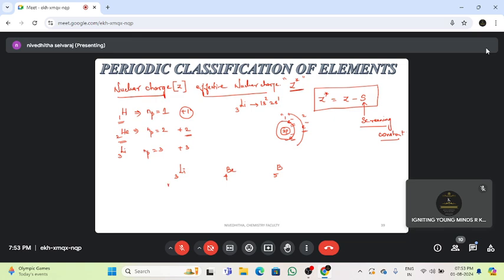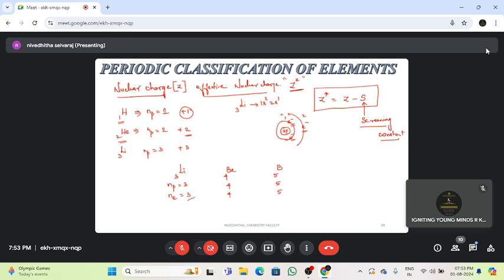What is the proton count of lithium? It is 3. What is the electron count of lithium? It is also 3. As far as beryllium is concerned, proton is 4 and electron is 4. As far as boron is concerned, proton is 5 and electron is also 5. As we move from left to right in a periodic table, proton count is increasing, and at the same time electron count is also increasing, right? By increasing the number of protons, we can understand that the nucleus is getting more protons. So definitely